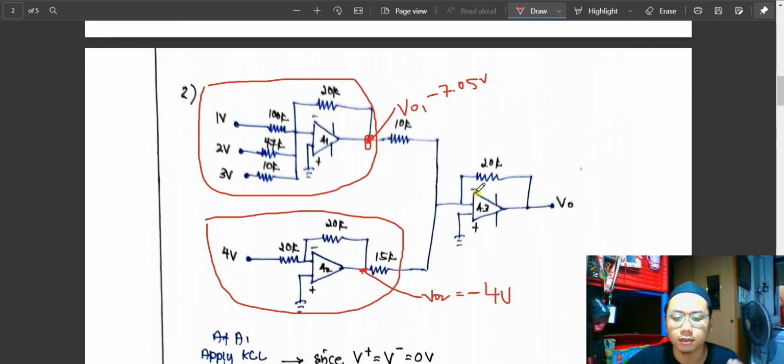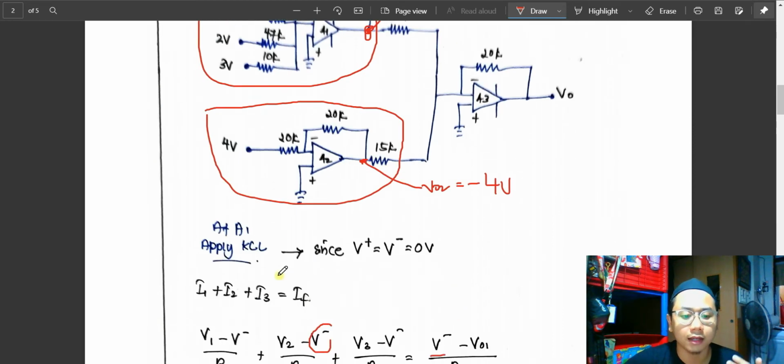And then the last one, we just need to find the A3, the amplifier 3. Like we know, we have the first power supply here, and the second power supply here. So we already know that this is the summing inverting op amp. Calculate the summing inverting op amp just like the amplifier 1 method. We already know power supply 1 and power supply 2, and by applying the KCL, we just need to find the V out here. So how to calculate it?